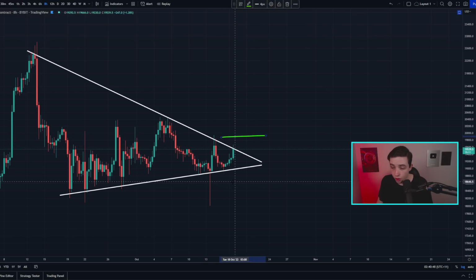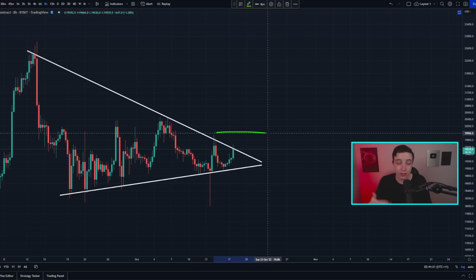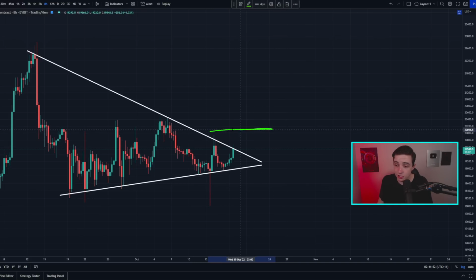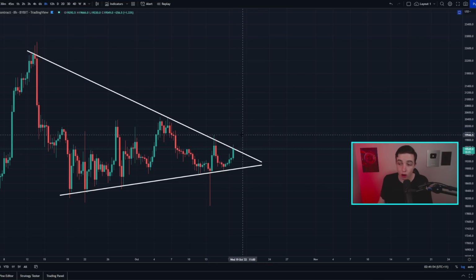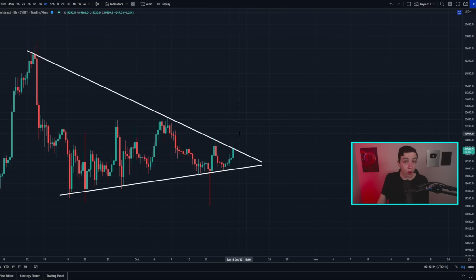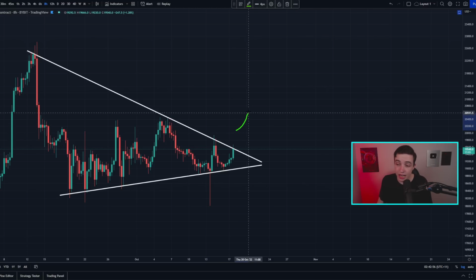place conditional orders on either side of this pattern. Once the price action crosses one of those conditional orders, that basically automatically opens a trade. So just for example, let's say a conditional order is placed at just above $20,000 per Bitcoin, which automatically opens a long position. What that means is if the price of Bitcoin crosses above 20,000 in that example, then that would automatically open a long position to take advantage of a move